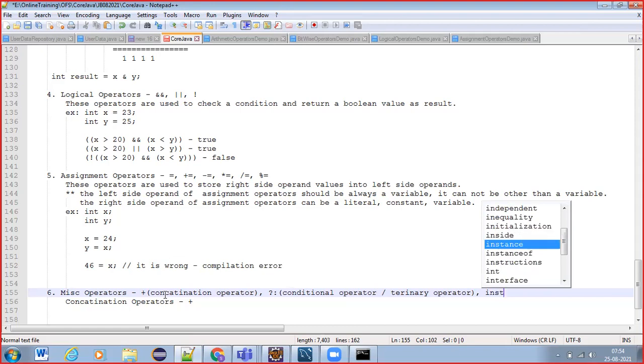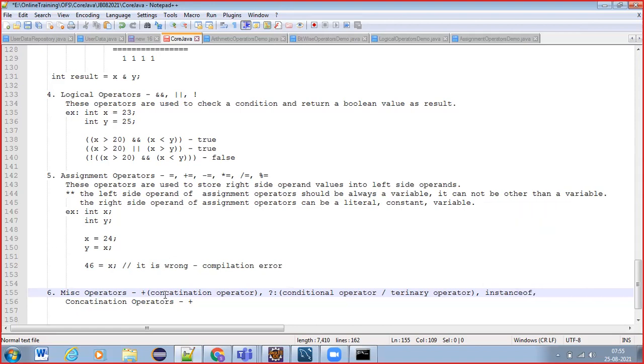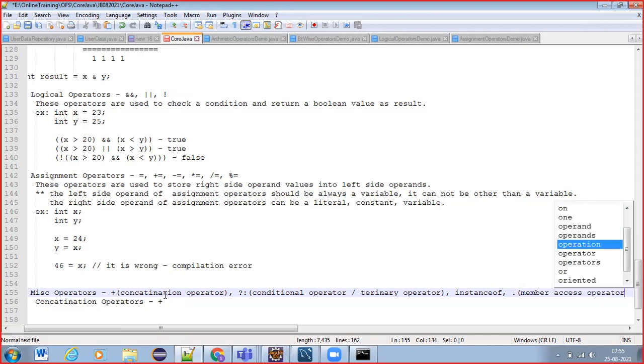And we have instanceof operator, we have the dot operator, which is the member access operator, and a couple of other operators we have over time when we are writing our programs.